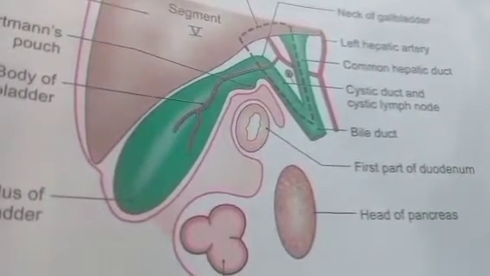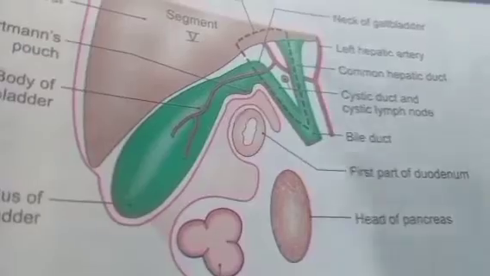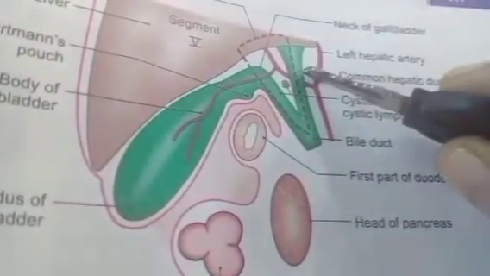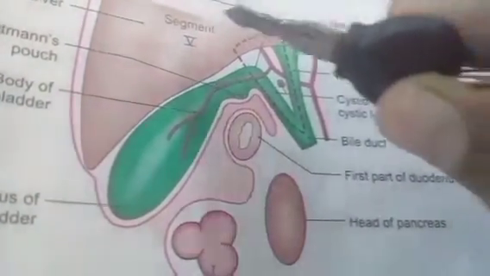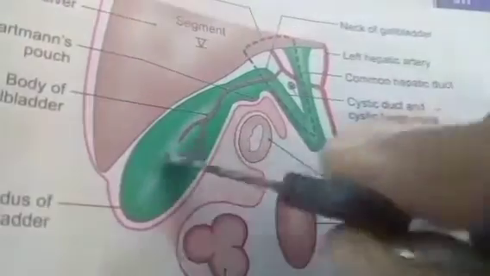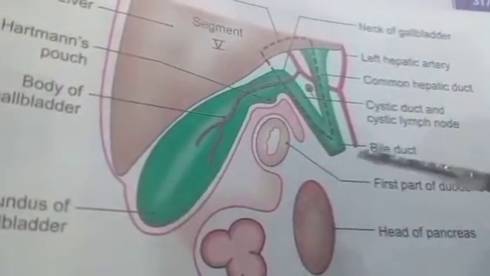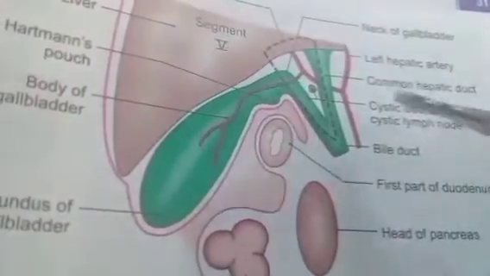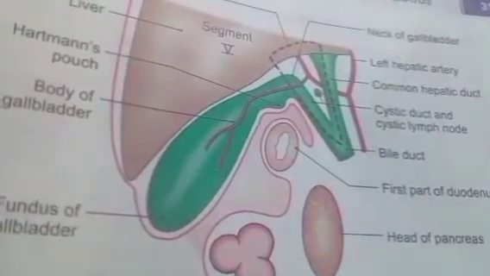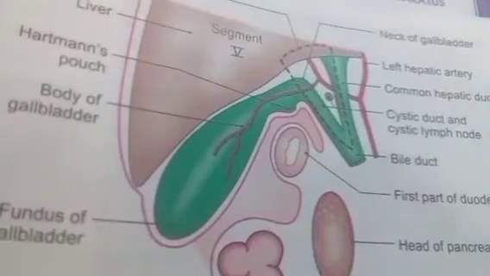The biliary apparatus includes structures which convey the liver bile and gallbladder bile into the second part of the duodenum. This biliary apparatus has two parts, the intrahepatic part and the extrahepatic part.